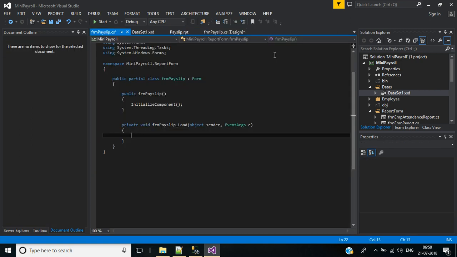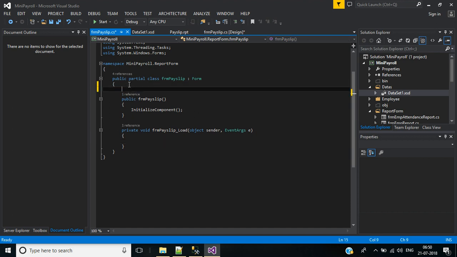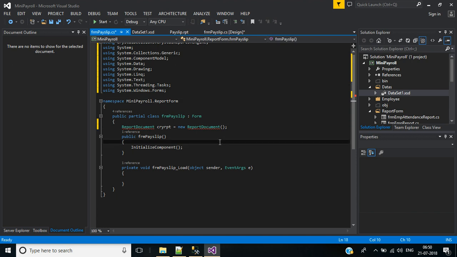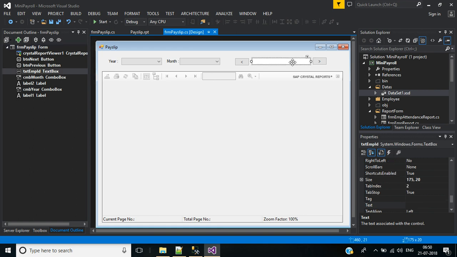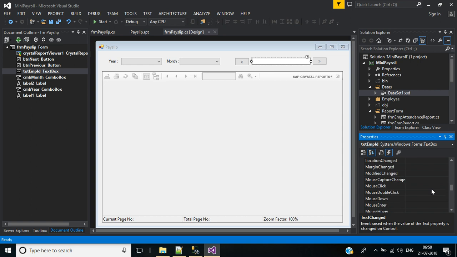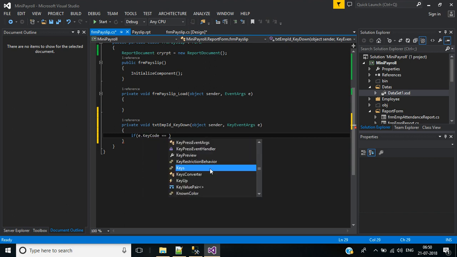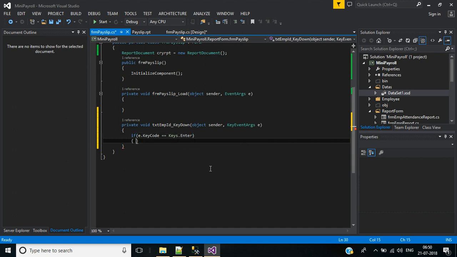First I will declare a report document object, script report. For that we should add the namespace CrystalDecisions.CrystalReports.Engine. In payslip here, in key down event we'll write code now. Go to key down event, inside, if e.KeyCode equals Keys.Enter, then